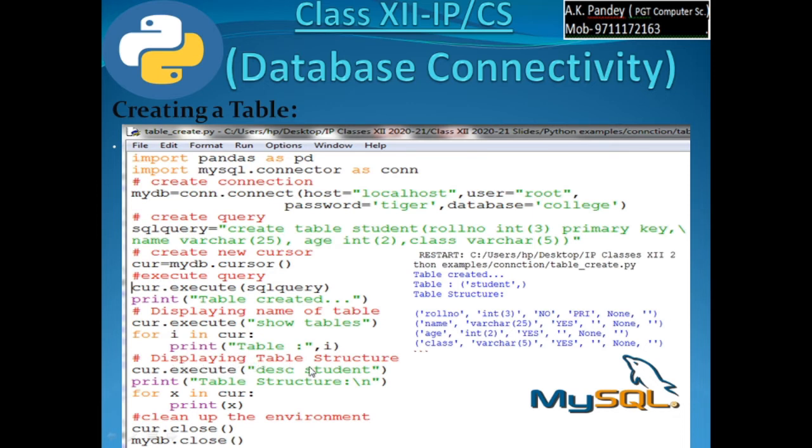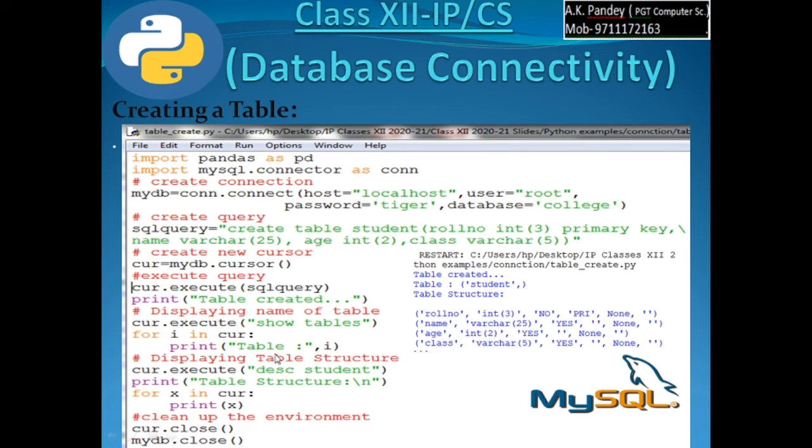Now displaying the table structure. If you want to display the table structure also, you can do cursor.execute desc student. This command is executed. Same way, for x in cursor, print x. In the similar way I am executing this and accessing the table structure: roll number int 3, no, primary, all that; name varchar; age int 2; class varchar 5.